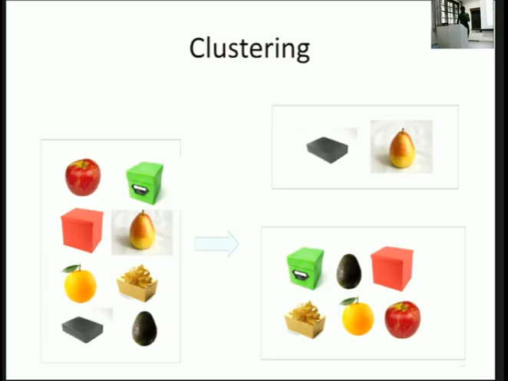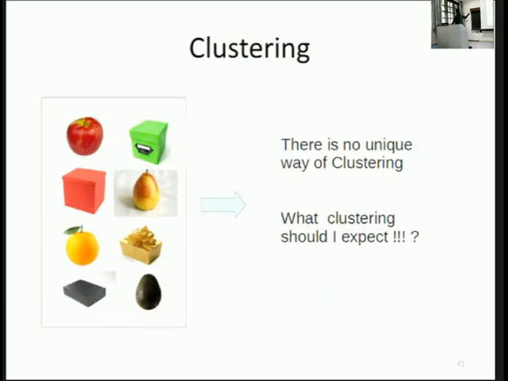Look among you, right? You have people coming from almost all parts of India, and now I'm telling you to become clusters, to put yourselves into groups. What would happen? We can cluster you according to gender, according to the place you come from, or according to your area of interest. So there are a lot of parameters, and this task of making groups is not that concrete. It depends on what you're looking for. So there is no unique way of clustering. That's an important point to take away. And there are a lot of places where you can change your algorithm to make it give you clusters according to what you want for your application, which I'm not going to dive into.